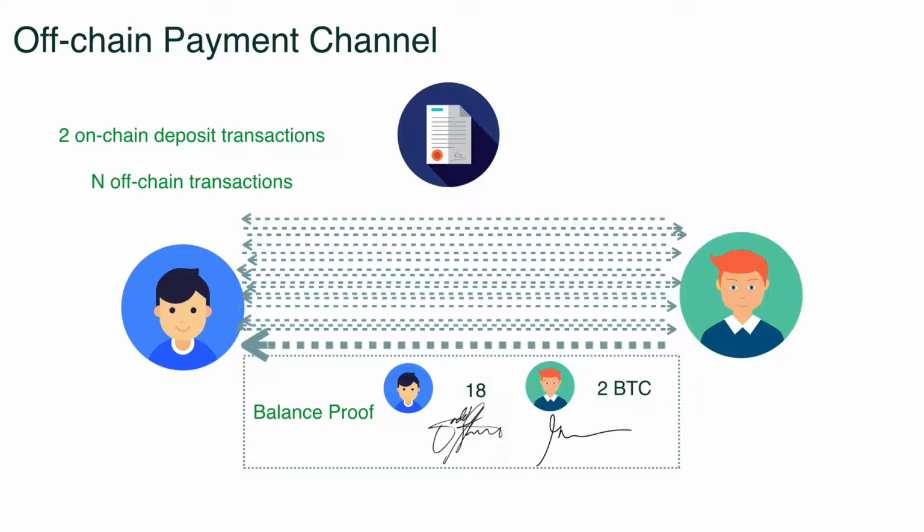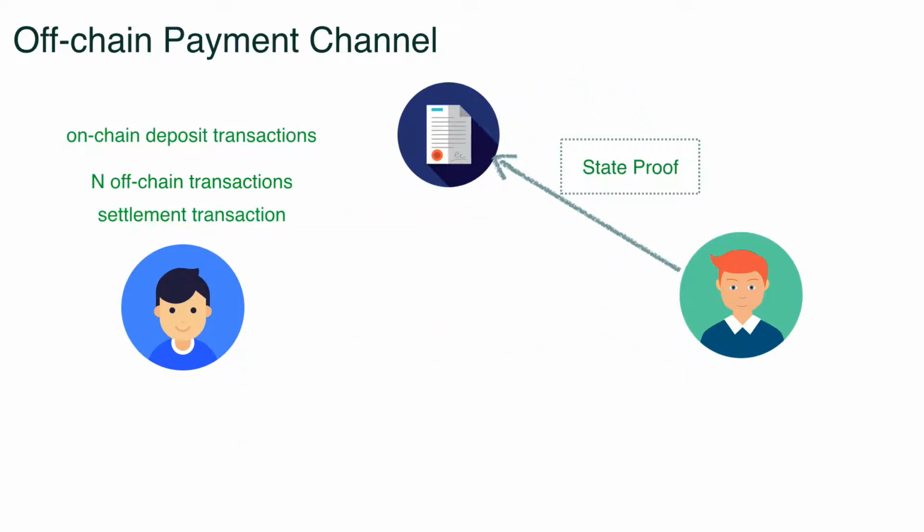There's a challenge process and a settlement process, but I'm going to skip that part. So in the end, after all these off-chain transactions, which do not cost any on-chain consensus overhead, one of the counterparties submits the final state proof to the blockchain,